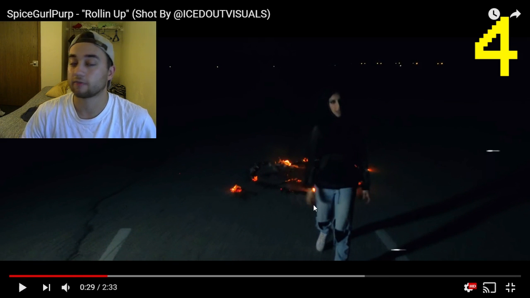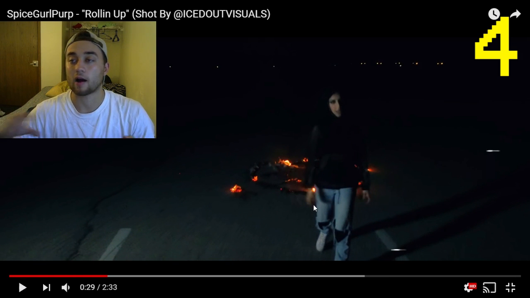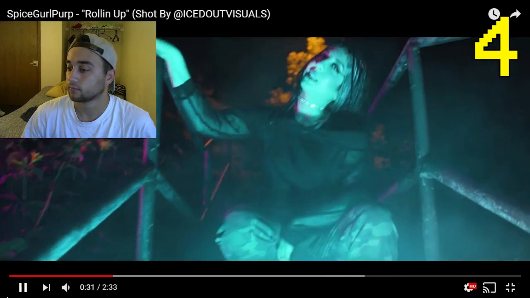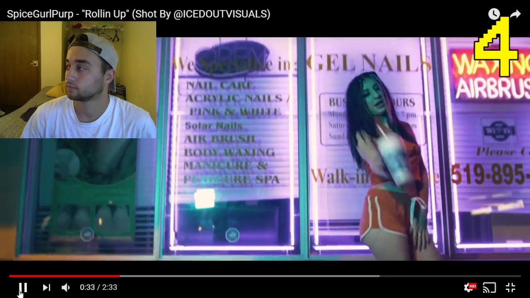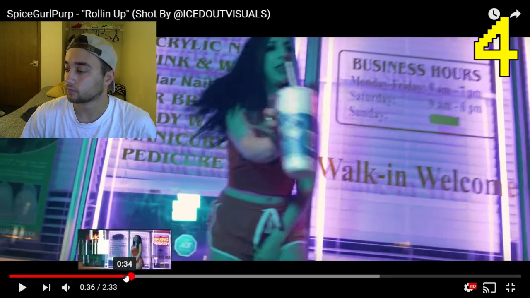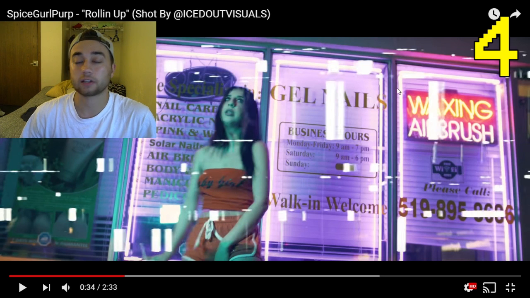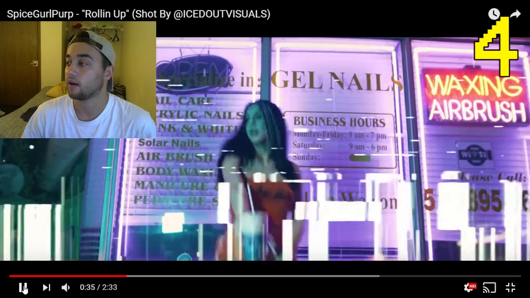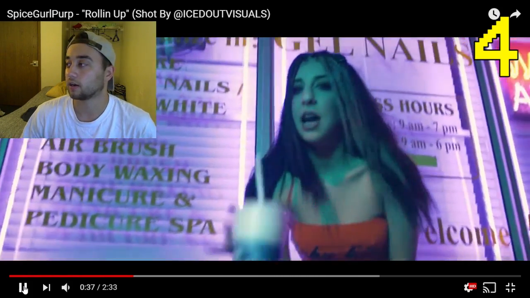Here's that little thing you saw at the beginning with that burning. So that's dope. They definitely made that prop, then had the drone looking over that. That looked awesome in the beginning. I would say a little bit too much of that VHS distortion, but other than that, there's nothing I can really pick off of that. I wouldn't use it as much there.